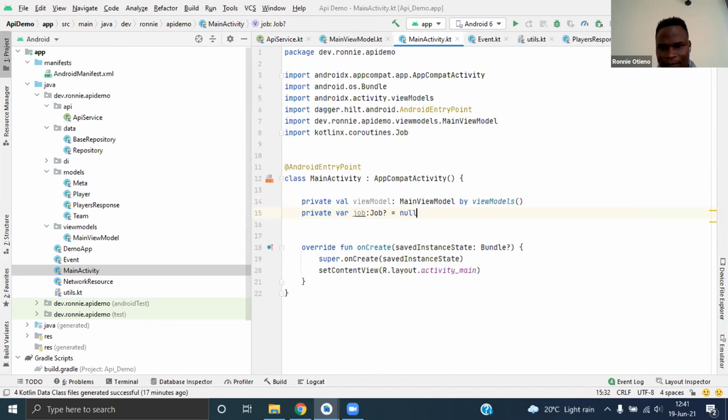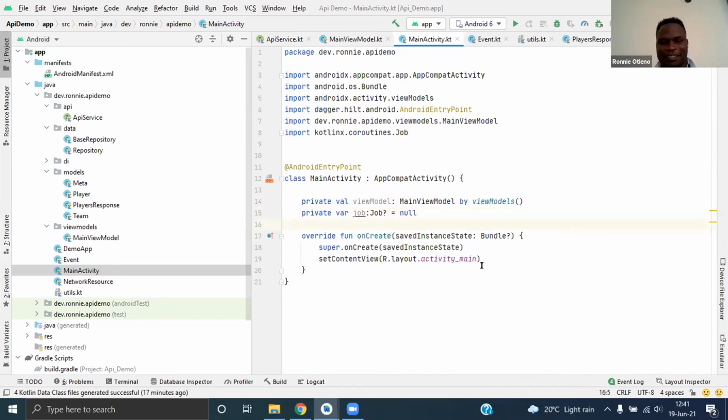Yeah, or maybe use lateinit in case you don't want to initialize it with null the first time. Yeah, I could use lateinit, but yeah, it's okay.